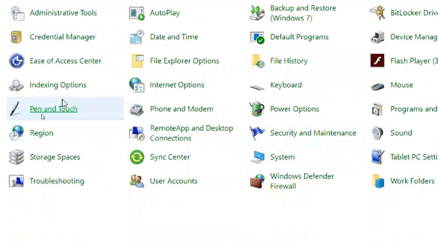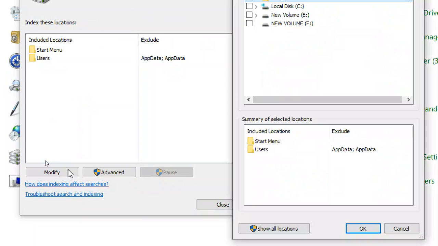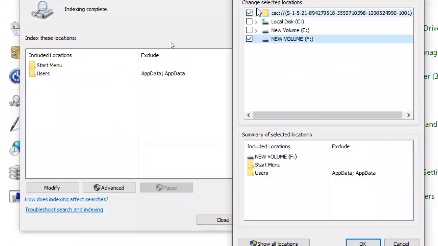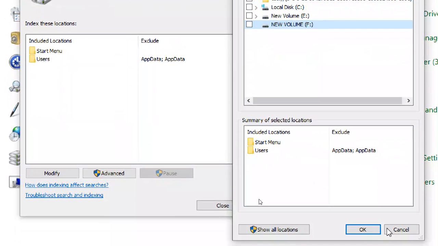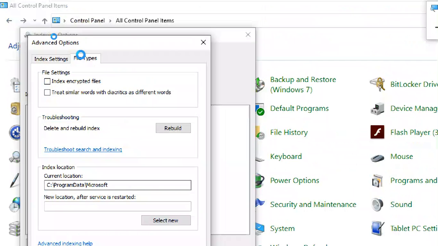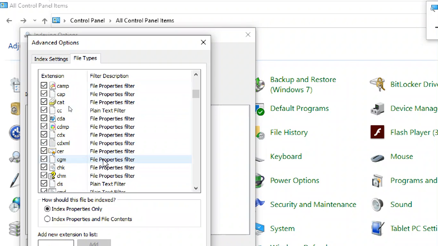Last time you asked a question about Indexing Options. So here it is, Indexing Options. You can click Modify. Whichever drive you want to add to the index, you can select it. Advanced, file types: these are all the types of files.